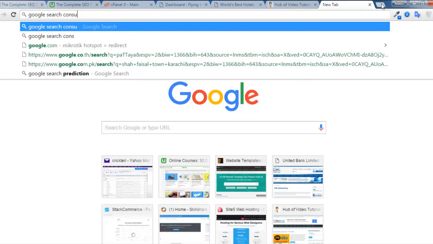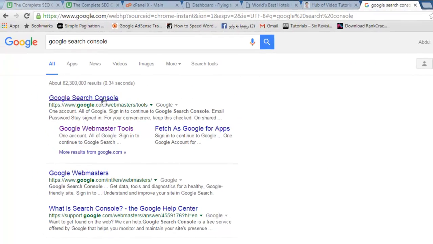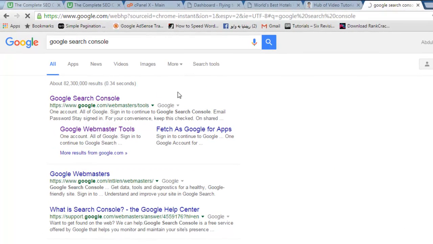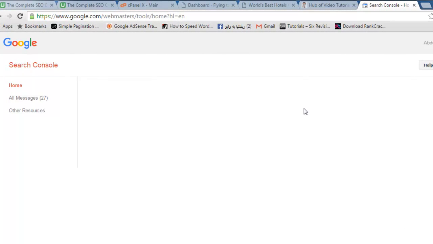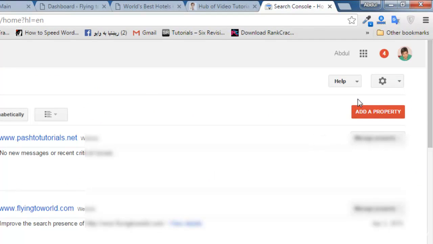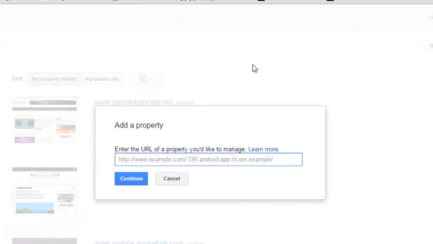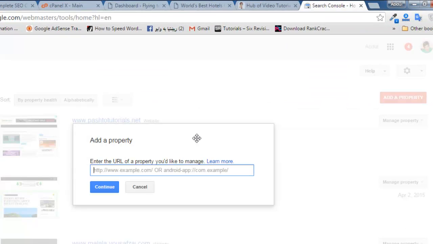So you just need to go and write Google Search Console and enter. You will get this page, Google Search Console. Click that. This was Google Webmaster Tools before. You just need to log in with your Gmail account, and after that you can simply go and click add a property. This option you will see here if you want to add your site. So click this option and then just put the URL of your site